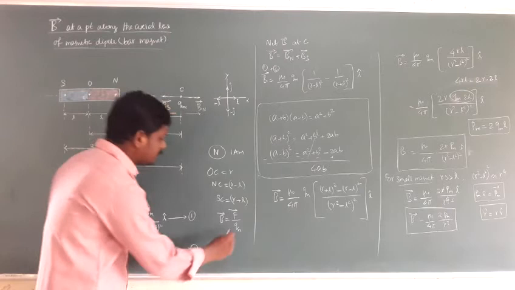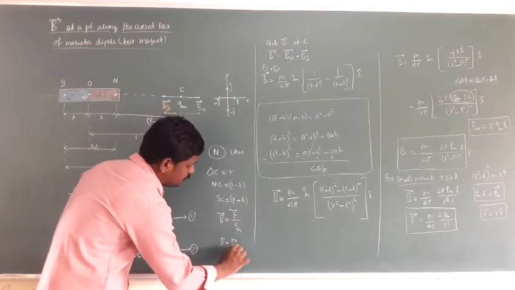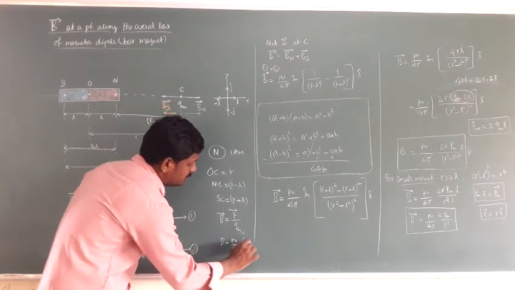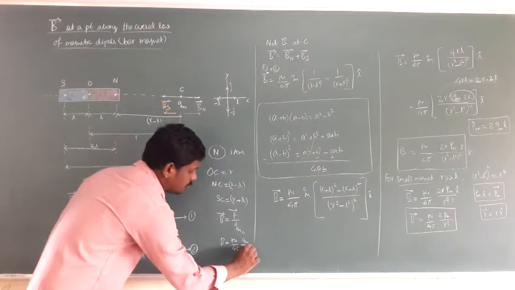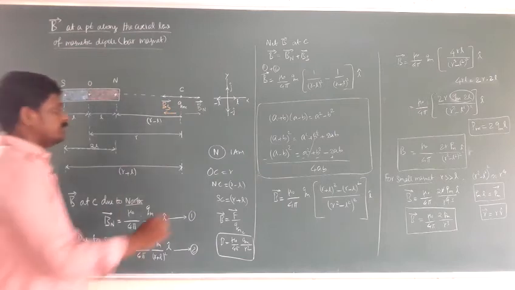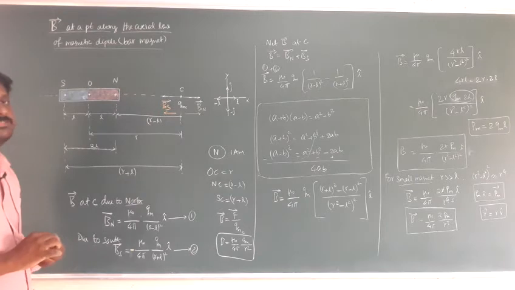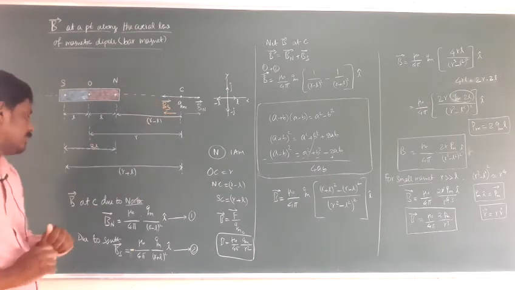So what's the actual formula? B is equal to mu 0 by 4 pi, Qm, here Qm is the test magnetic pole, divided by R squared. We need to sense the magnetic field. In electrostatics we use a test charge; in magnetism we use a test pole, that is, a test bar magnet.